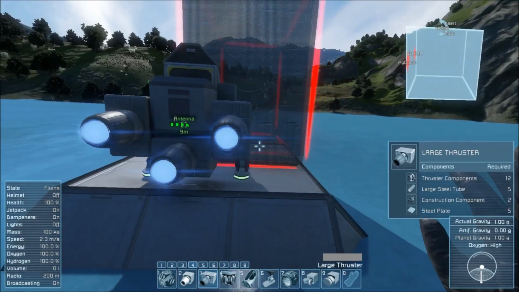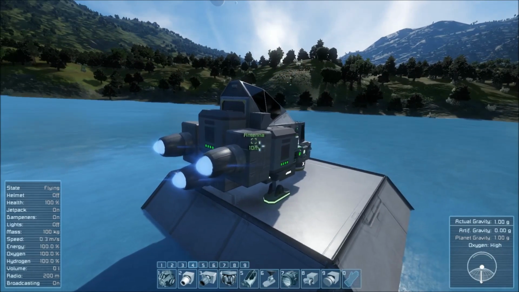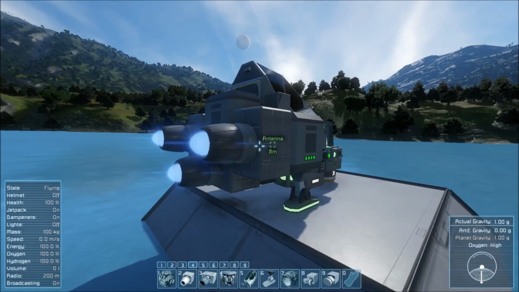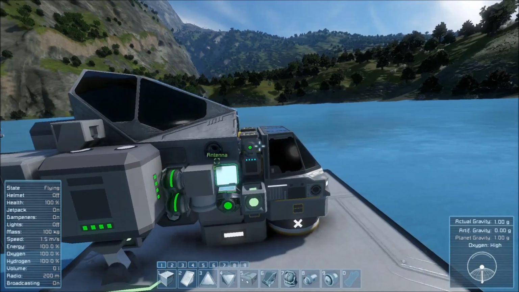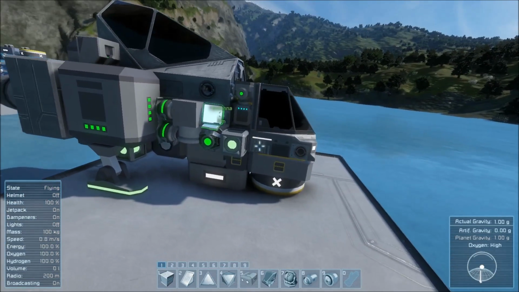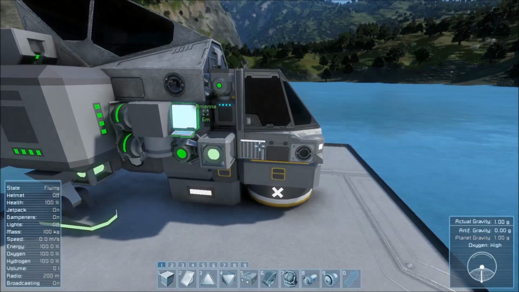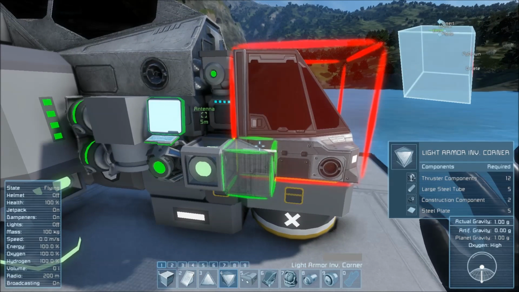So just like that, these are the thrusters that will be used for your primary means of forward thrust in space, or for escaping planet gravity once you get to a certain height. Then next, we are going to work on placing the backwards thrust atmospheric thrusters. Before we can do that though, we need to take our light armor inventory inverse corner